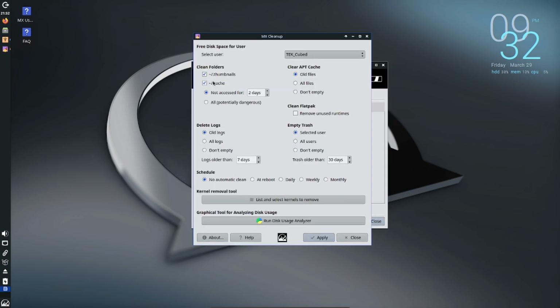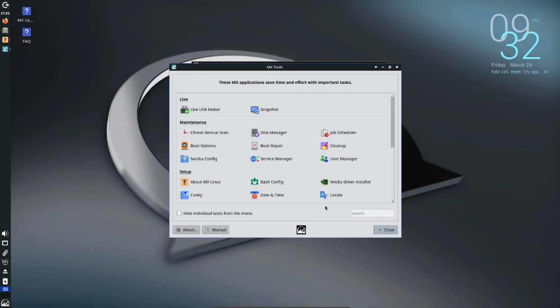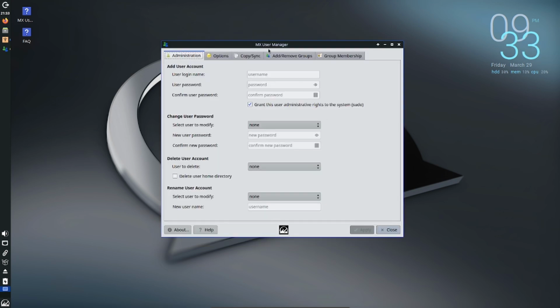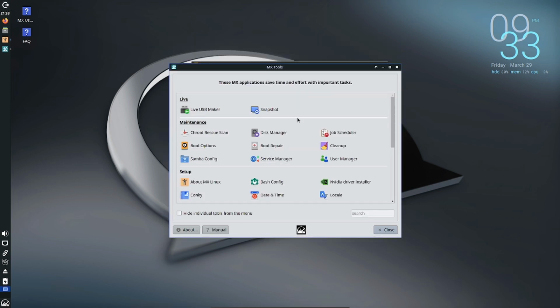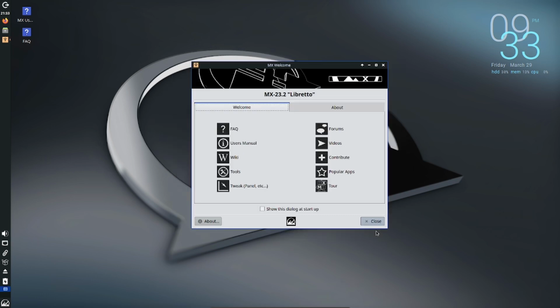So we can do cleanup, which of course you would want to do if you're running low on storage. There's also a user manager. I have one user on here, which is also the administrator slash root account, but you could add extra users in here that maybe don't have root privileges. But all in all,